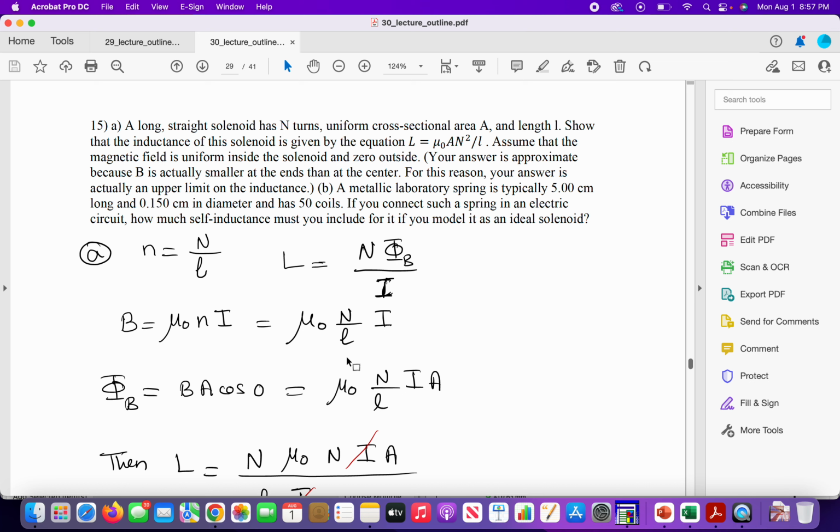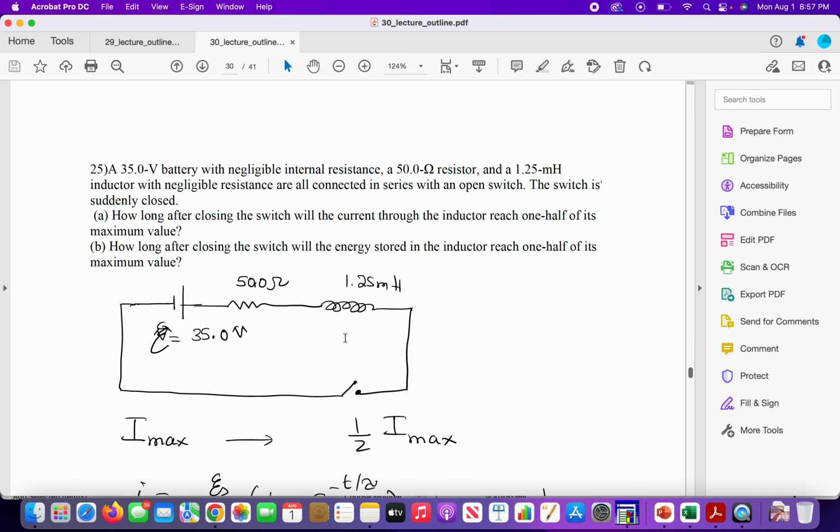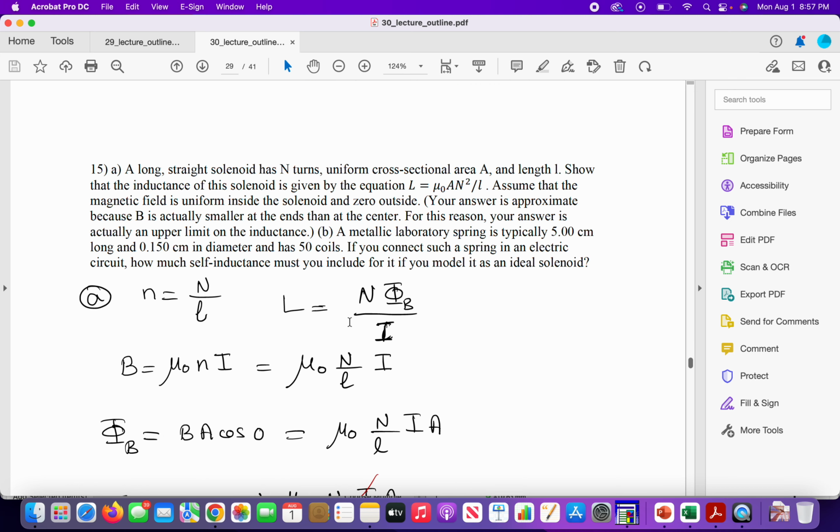Then it is mu 0 N over L times I times A. And then L, we're going to put this into this equation here, is going to be N,